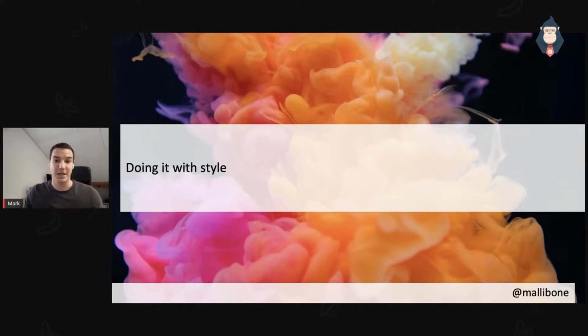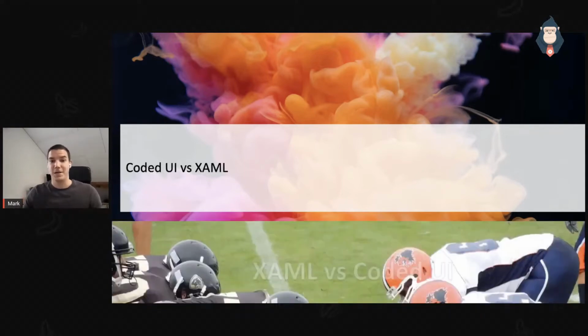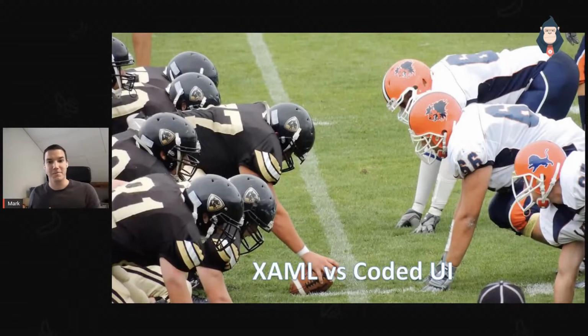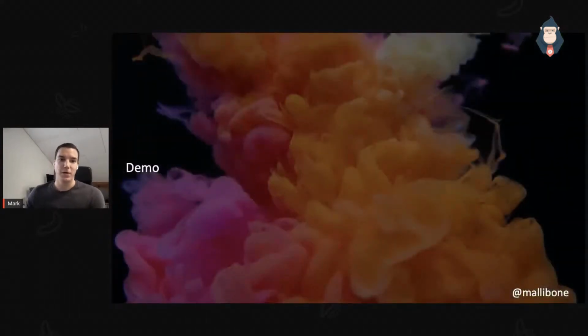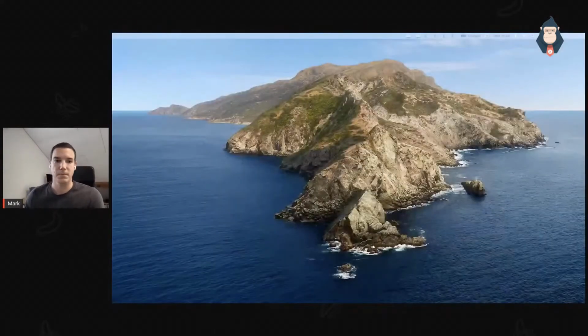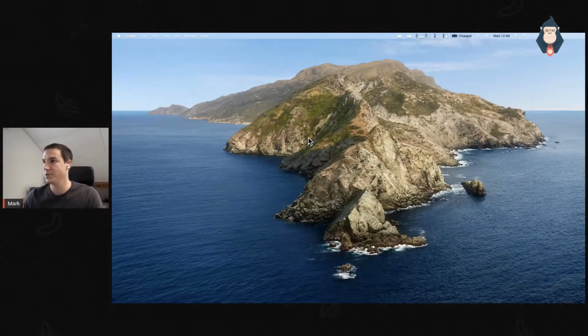Another thing that you can do is use XAML. And whenever you say XAML and you've got coded UI, I always think about coded UI versus XAML, and it sometimes looks like this when I look at people that are discussing it. So it's a hot topic. You've got these two camps, one goal, making an awesome UI. And what I now want to show you is how we can use the coded UI approach from Fabulous to make a really nice looking UI. Okay, so I'll quickly head over to a demo for this. And for this, I have to change my screen.